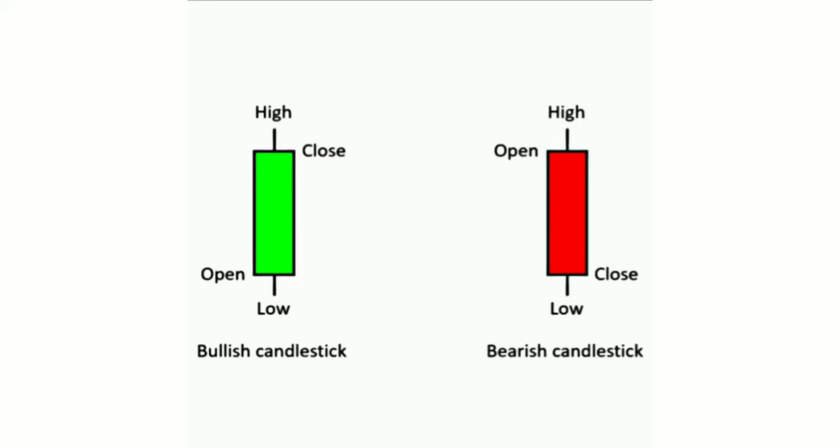The day candle represents a whole day's movement: the high, low and close of that whole day. For a 1 hour candle, it represents 1 hour. If you select 5 minutes, it represents the high, low and close within those 5 minutes. For half an hour, the half hour's high, low and close is represented in the same way. So you go and identify what the bullish and bearish candles are.